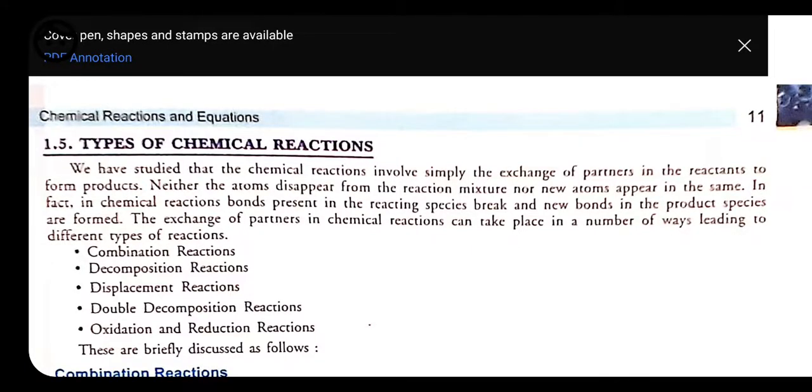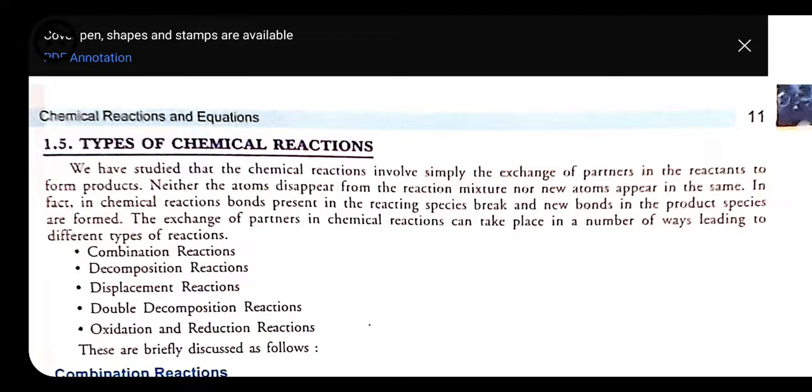Dear students, first I would like to tell you about the pre-mid examination portion, that is the first chapter, chemical reactions and equations. But as we know that there are a few changes in the syllabus, so here I will tell you the topics: chemical reactions, their types, balancing of chemical reactions and equations, and all the types of chemical reactions and examples of these, oxidation and reduction. These all things will be asked in your pre-mid examination.